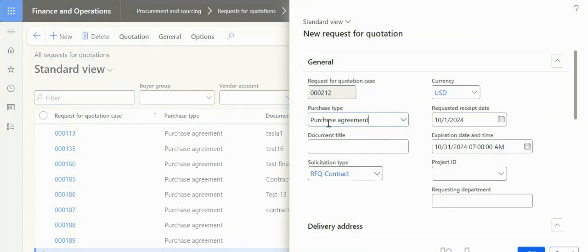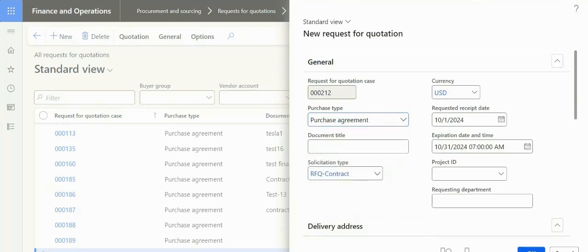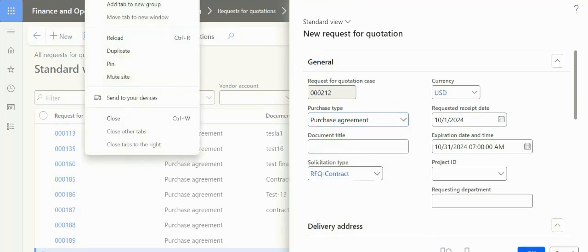And here, by default, purchase agreement is coming because we have defined it in the procurement sourcing parameters under RFQ. I have selected it by default. It will always come with purchase type as a purchase agreement. Okay, I'll show you also. Duplicate tab,